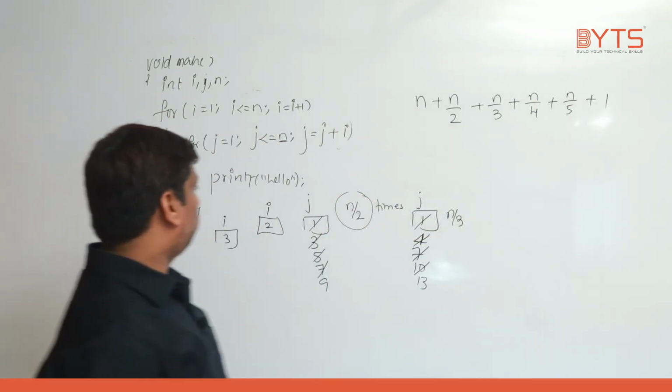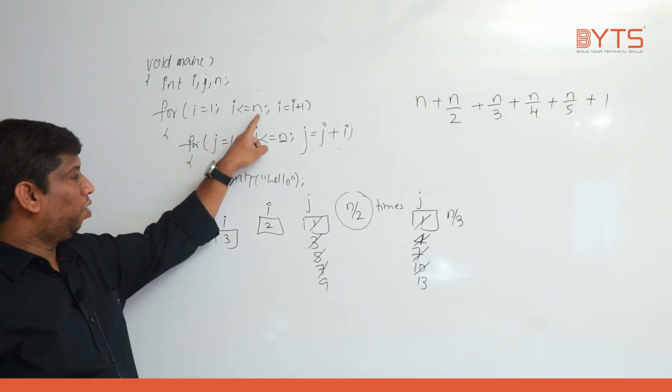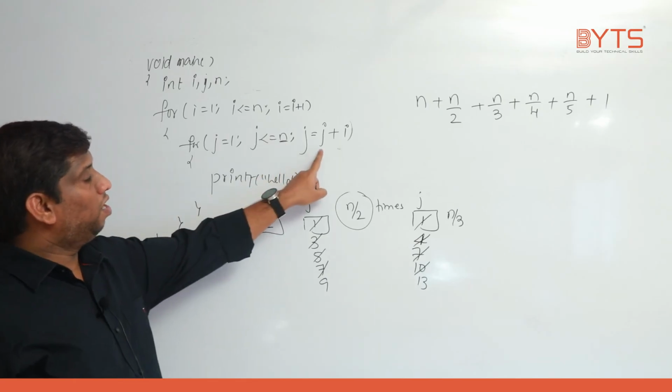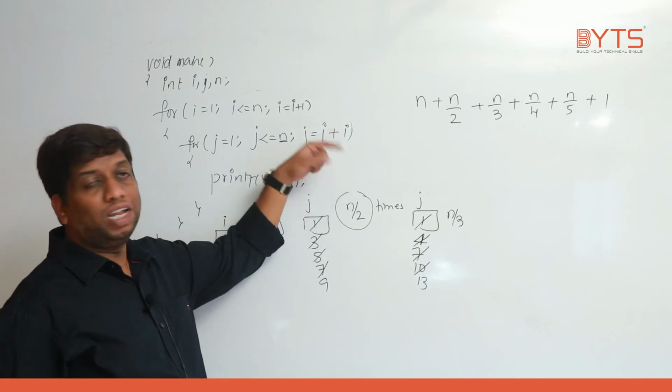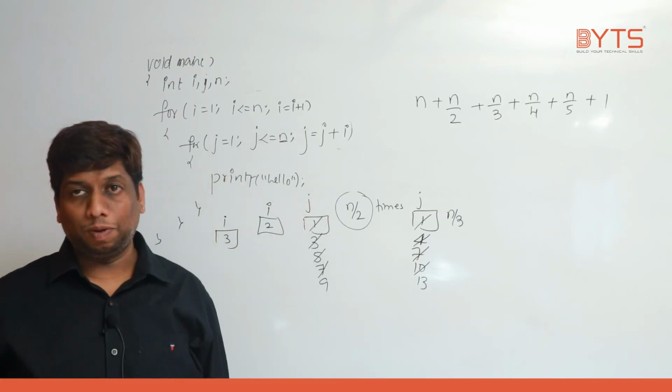See, try to understand. When the value of i is n, i less than or equal to n is true, j value is 1, 1 less than or equal to n is true, and j value is 1, 1 plus n will give you n plus 1, n plus 1 less than or equal to n is false, which means only one time repeated, right?